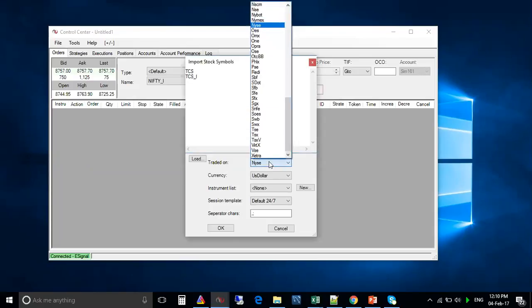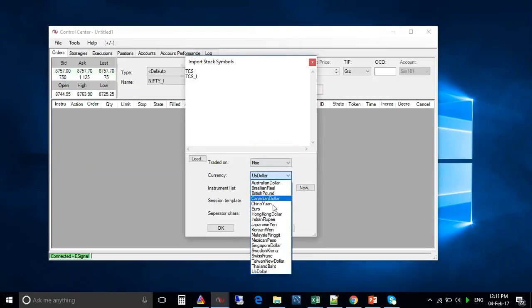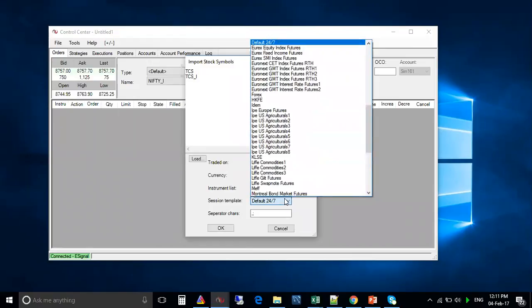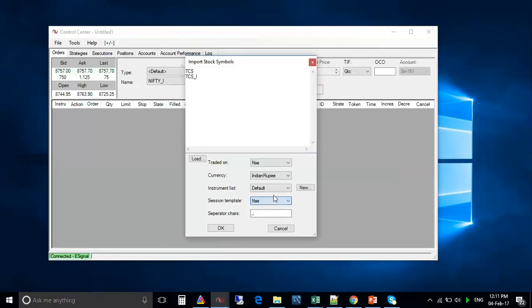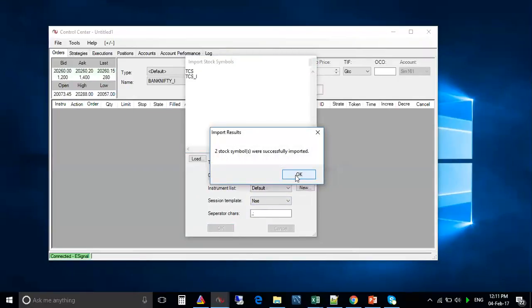So we have to add these two symbols, and just take the exchange, use Indian rupee, use any list. You can make a new list, or suggested is to use the default list, and then use write N here. You will come to the NSC. These are the 4 settings which are required to be done, and it will show that 2 stocks were added